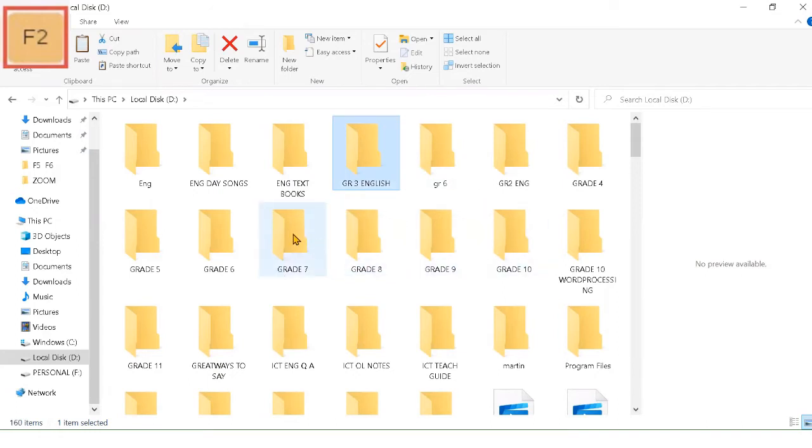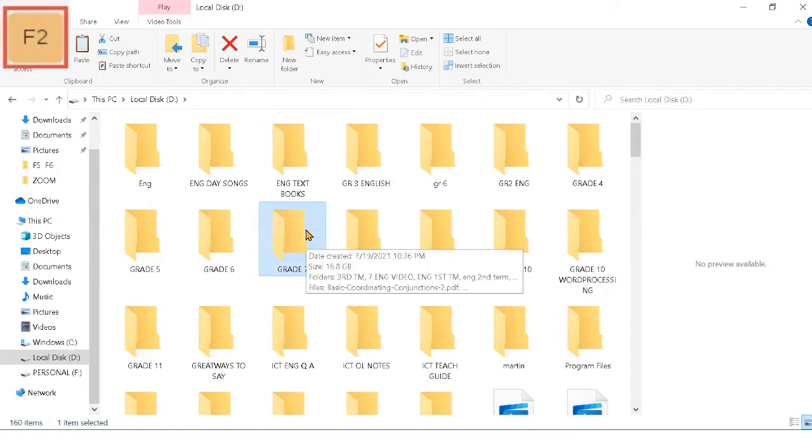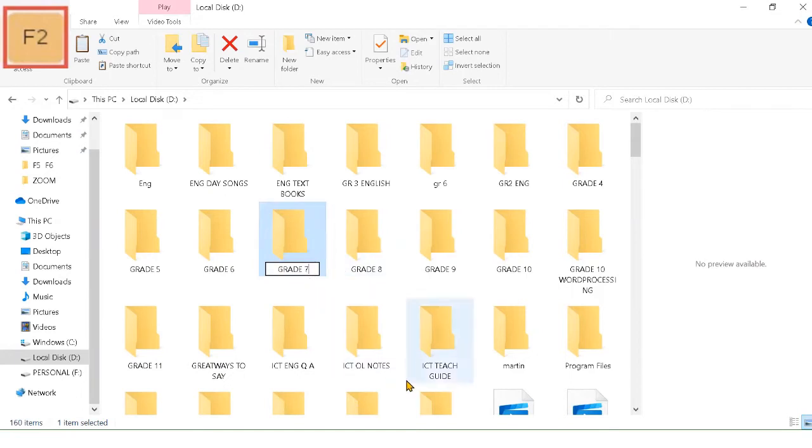But you can directly press the F2 key and change the folder, file or image name very quickly. It will save your valuable time.